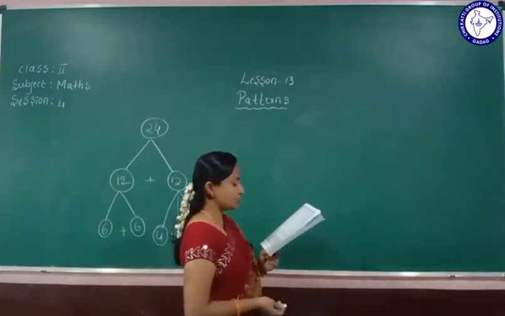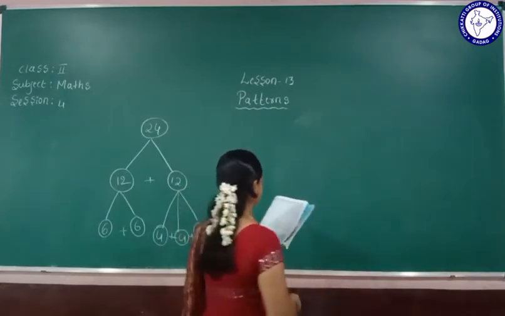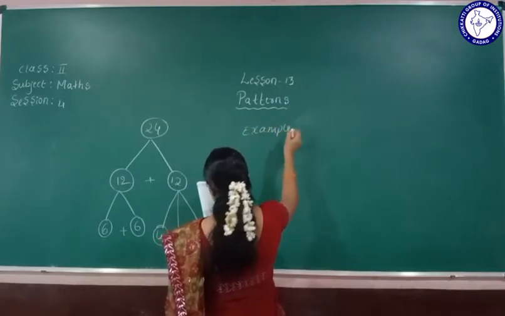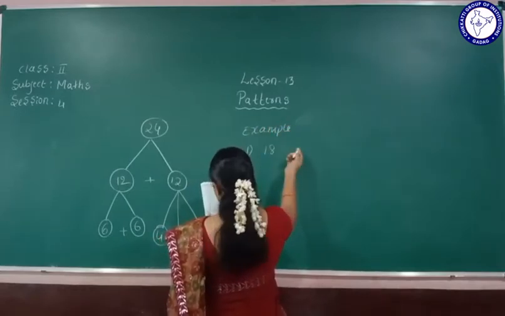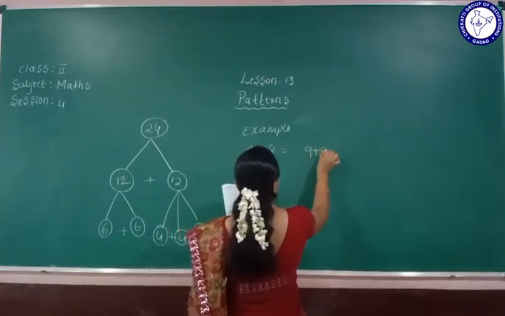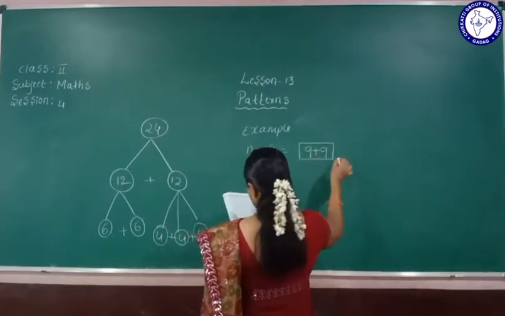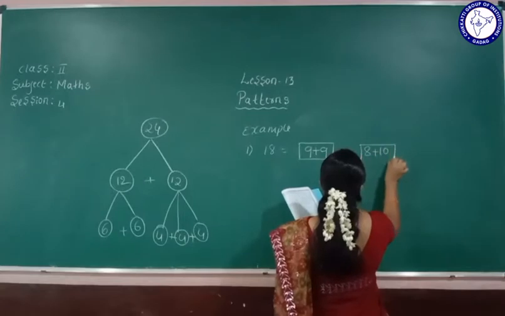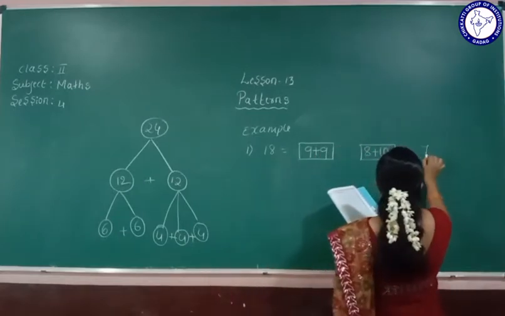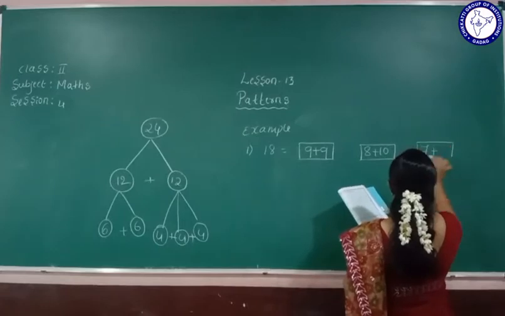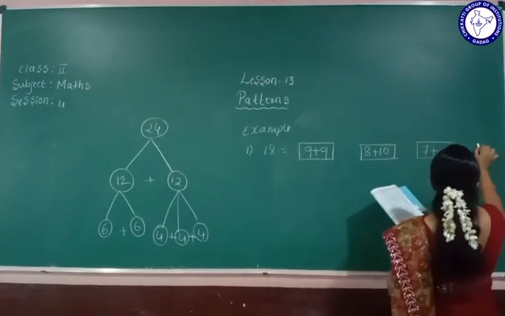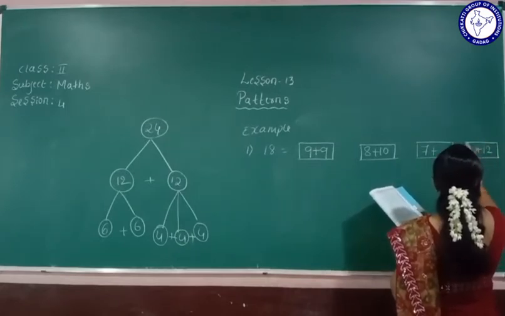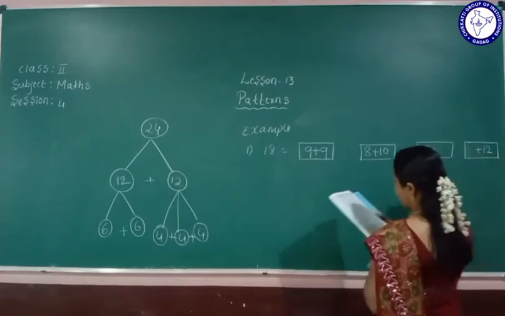Fill the blanks as shown in the example and observe the number pattern for others. Okay. Example. First one, 18 is given here. Okay. So 9 plus 9 is how much? 18. Next. So 18 another way: 8 plus 10 is 18. Next. So here 7 plus how much is given? Next. Plus 12. How much are we adding? We get the answer 12.